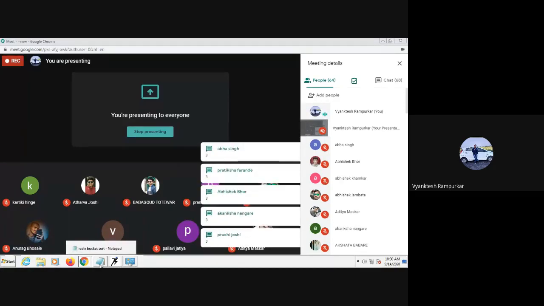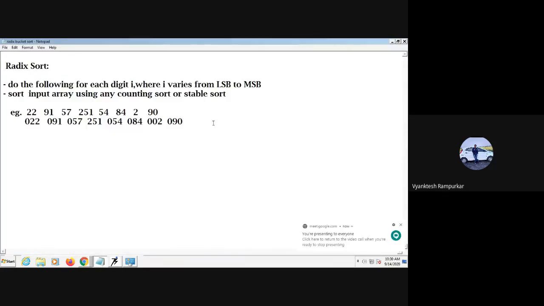Then in step 2, we sort according to tens place, and in the last step we sort according to hundreds place. So here I write step 1, and here we sort as per unit place, that is LSB.